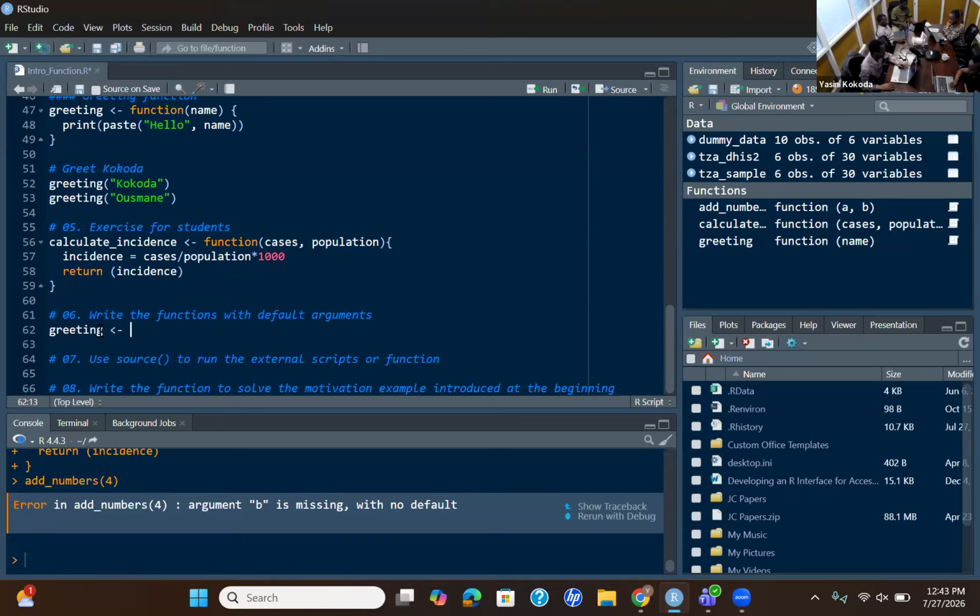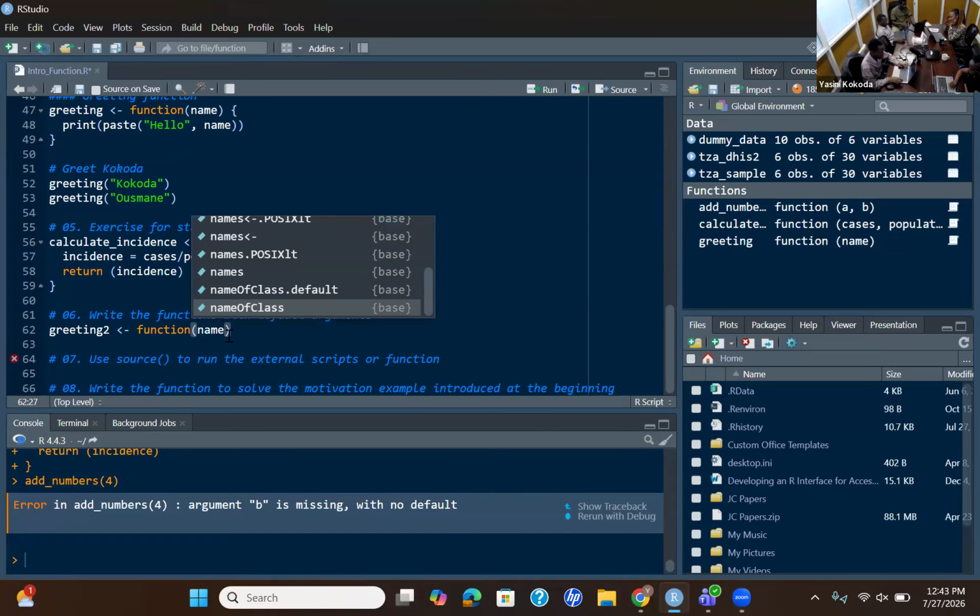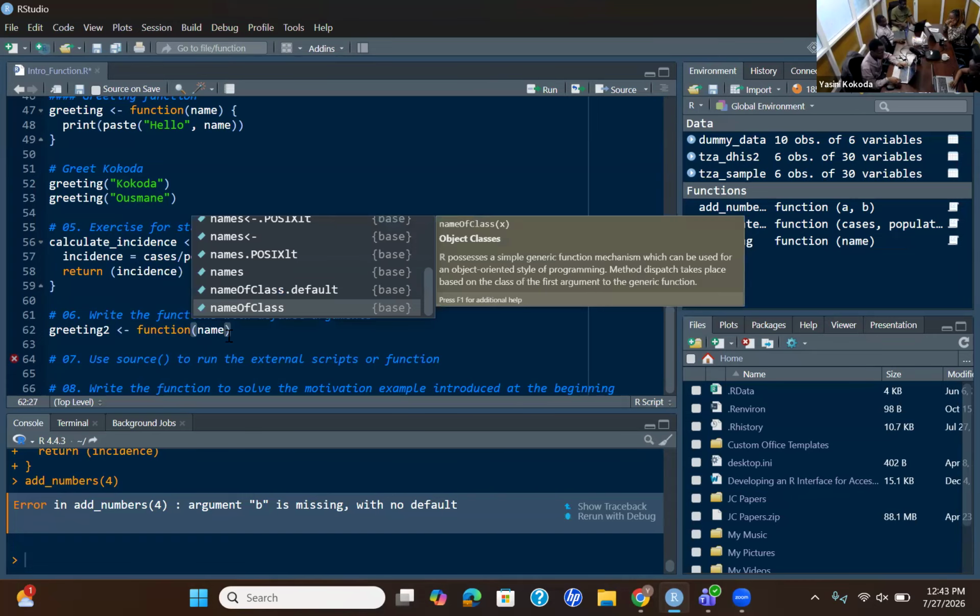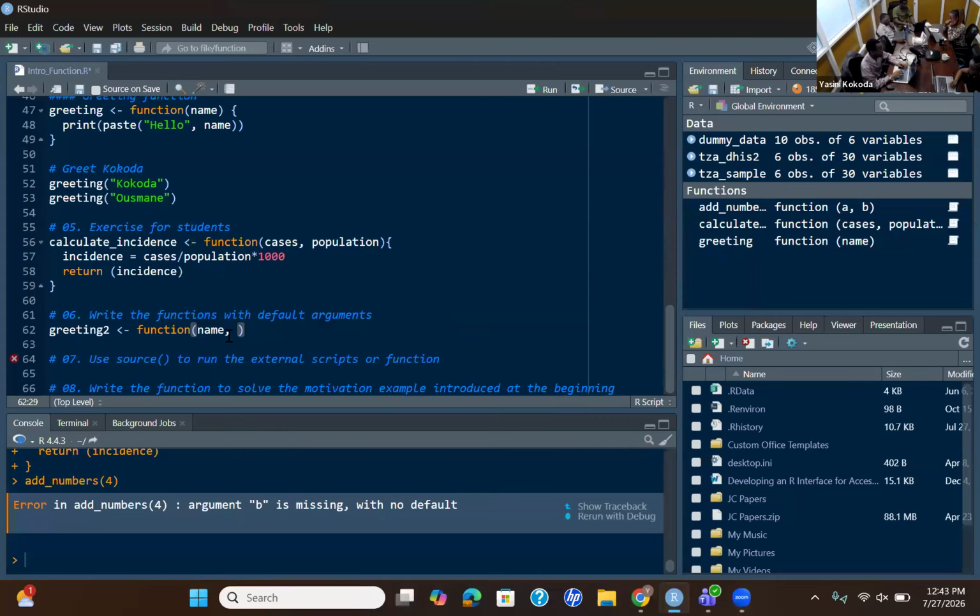We want to write another function, let's say greeting2 function, and then we specify the name as before, and then we want to echo this many times, like repeating the greetings.